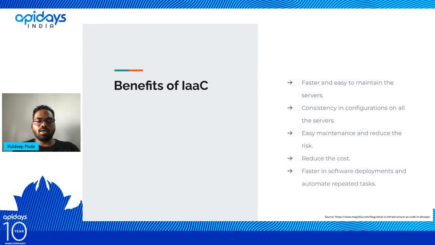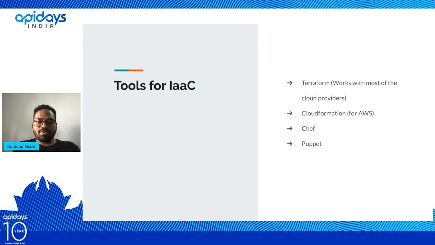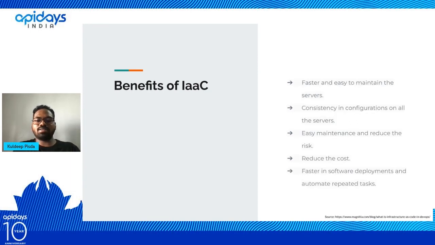Again, you can do those things with the GUI as well, but with IaC it is just quicker. You just know that I just need to change the instance, right? And it will do the change, right? And likewise, faster development, software deployments and automated repeated tasks are something that is often helpful with infrastructure as code, right? So why I talked about these three things is monitoring, securing and IaC